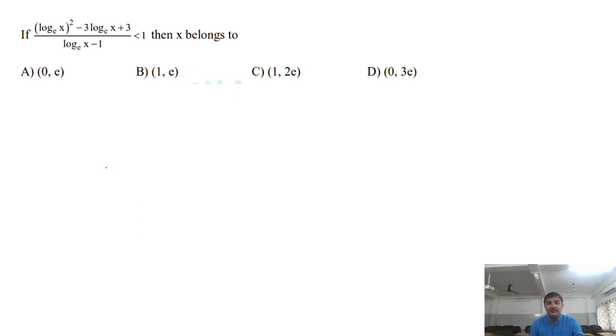You can pause the video and try to solve by yourself. Otherwise, you can refer wherever you are struggling in between. Yes. So sir, (ln x)² − 3 ln x + 3 divided by ln x − 1 is less than 1. Sir, we have studied